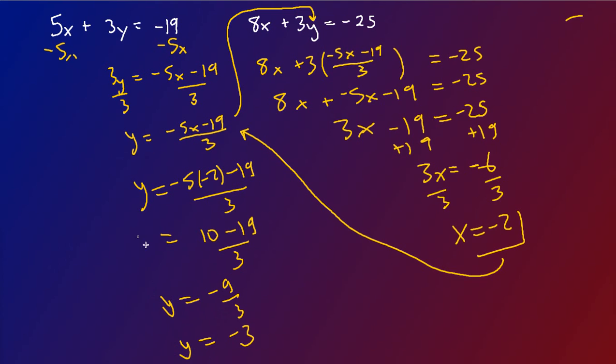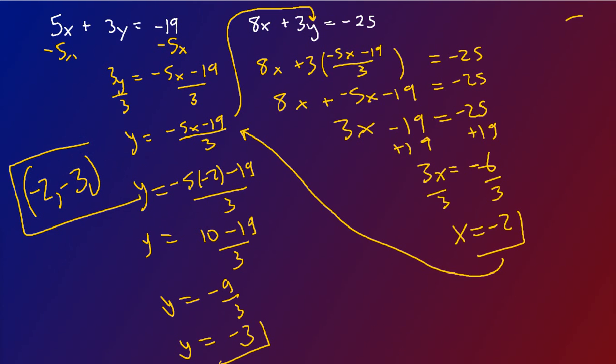I should have been writing my y's the whole time. So what's my answer? Might be tempted to write negative 3, negative 2, but no. X first, so negative 2, negative 3 is the answer. This is a coordinate, so we want that whole thing. If I wanted to check, I would substitute up here. So what if I had selected x? So I'm actually going to